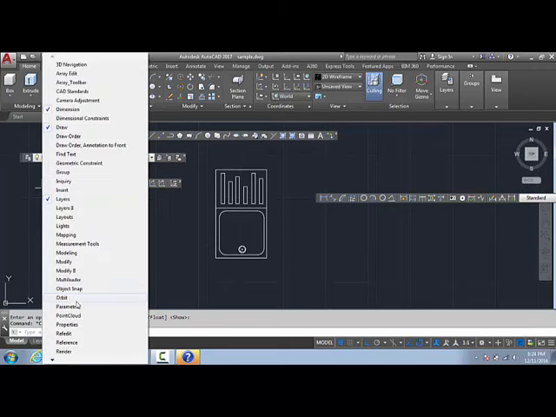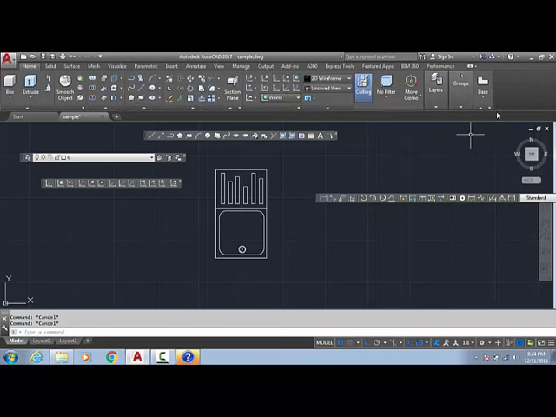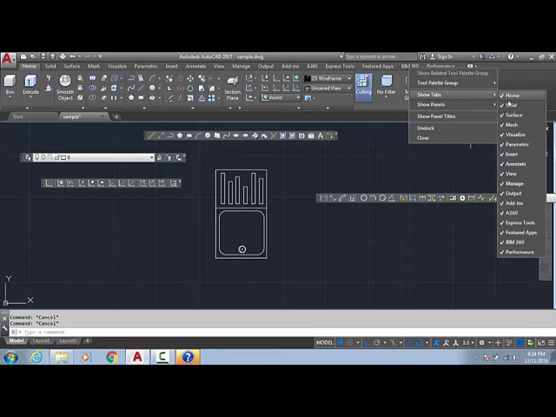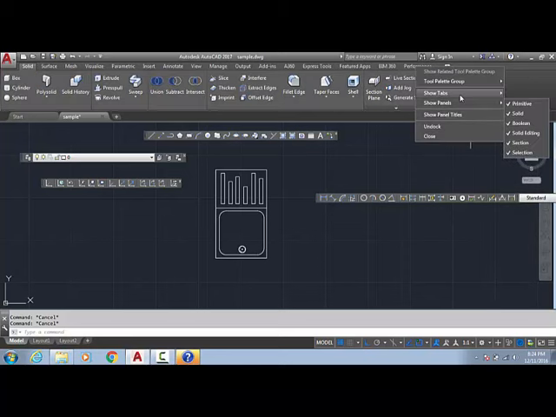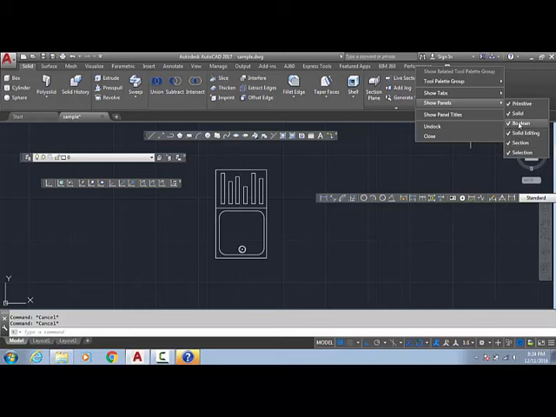Right click, viewport toolbar. And if you don't want this ribbon, so what will you do? Right click, show tabs, hide each of the tabs, or show panels, selection, solid, no need, undock.